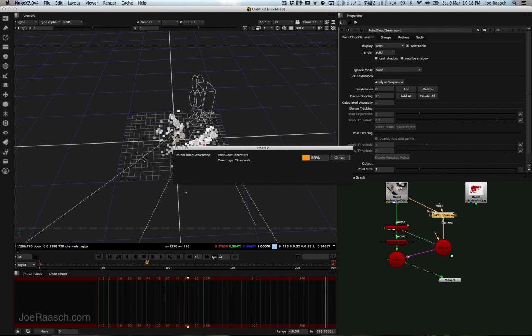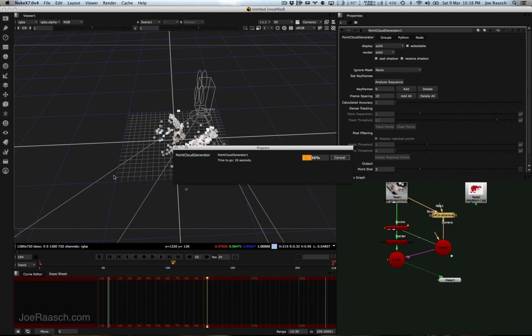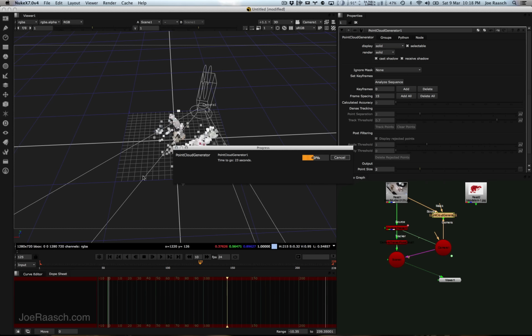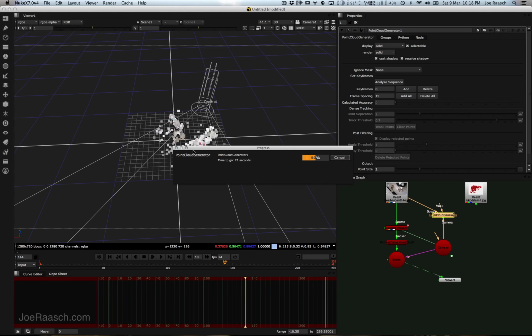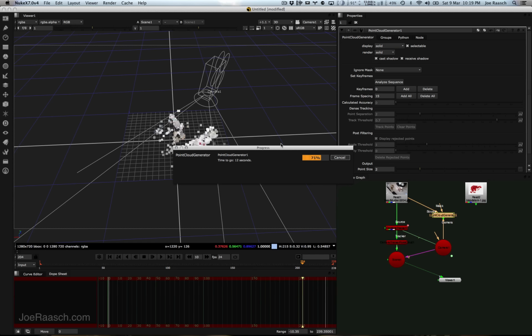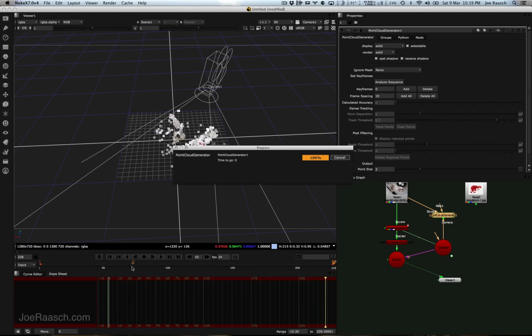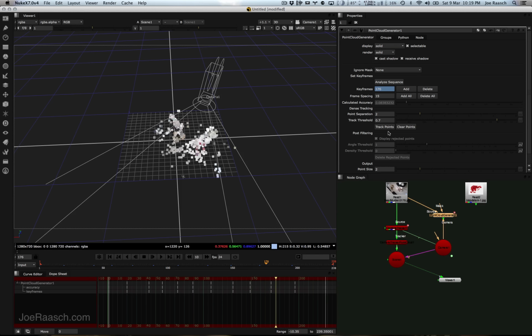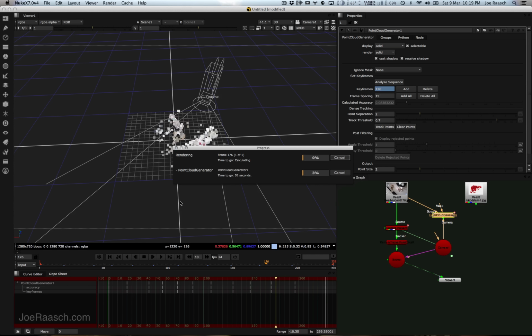And this shot is, again, pretty simple. I did a practice run on this before I recorded the podcast, and I know that it's going to work out pretty nicely. So this is just going to take a few seconds for the analyzing to happen. And then once it's done, you'll see little blue ticks in your timeline. So it's sort of set up keyframes. But after that, now I'm going to click track points. And I may just edit the video here so that you don't have to wait. Yeah, it's going to take a minute to run through. So I'm going to make an edit here, and you'll be back and it'll be done. Alright,